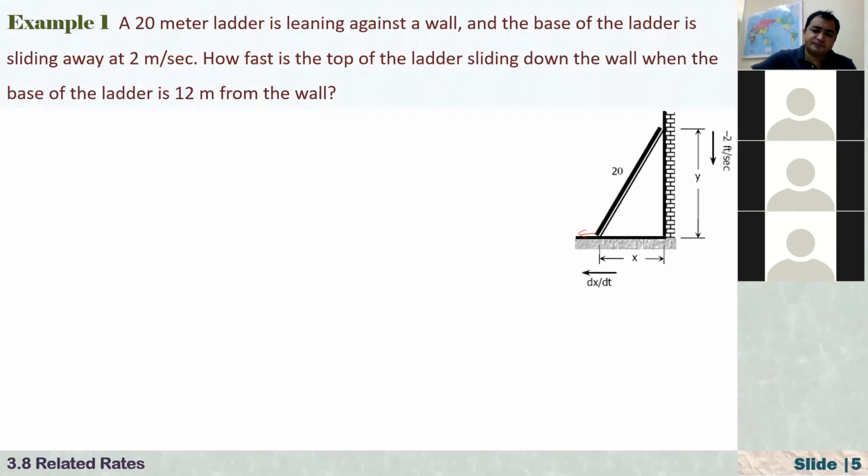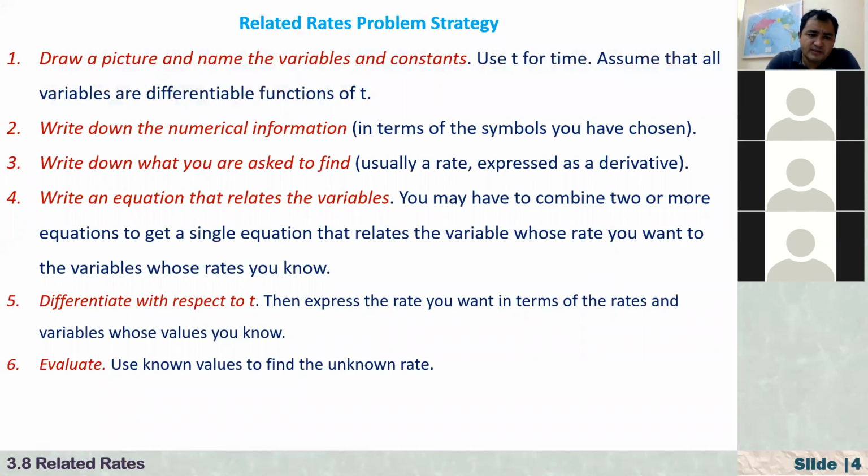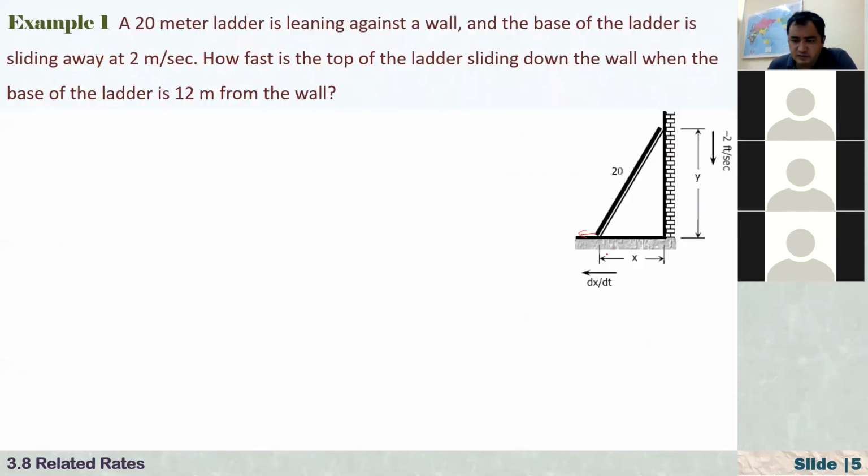So in this question, it says that first draw a picture. The picture is already drawn. The second step is to write the numerical information. What is the numerical information? Here, the length of the ladder is 20 meters. 20 meters, right? And suppose that at the beginning, it is X meters away from the foot of the wall,